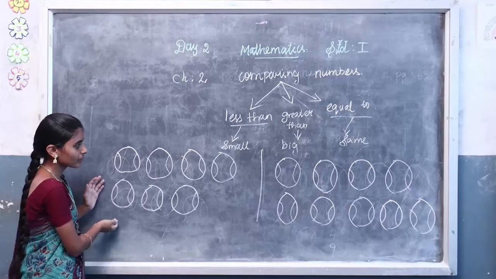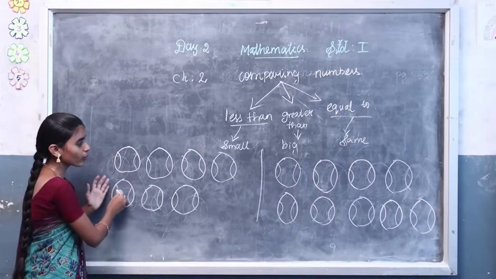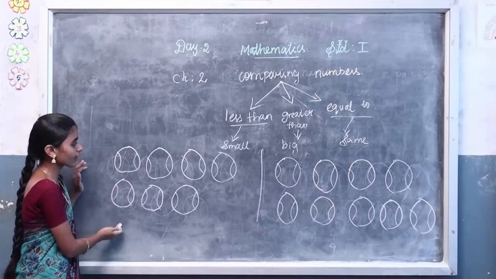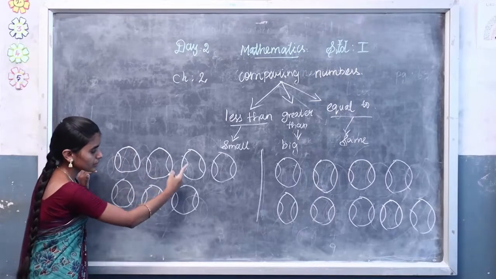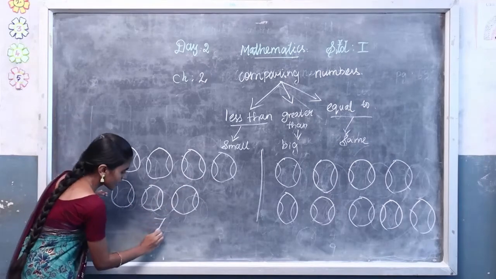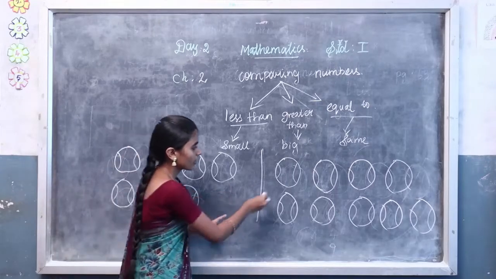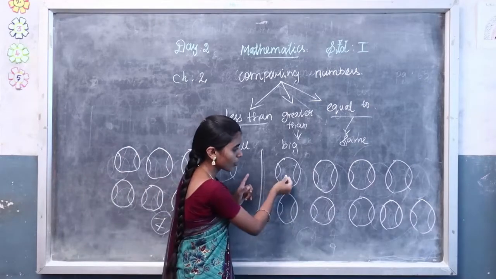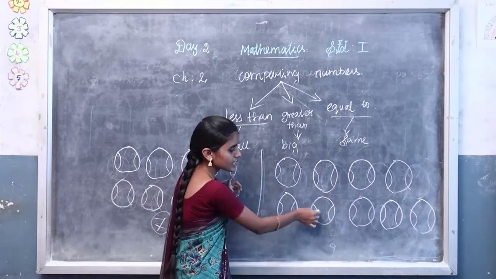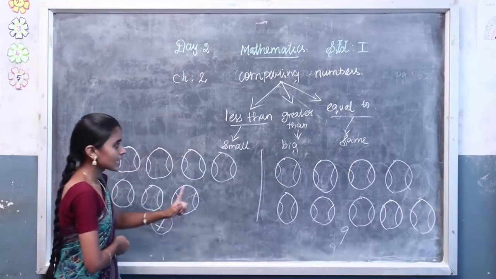See the second sum. What is this? These are all balls. So, for comparing the numbers, we have to count the balls in the two groups. So, see the balls, how many balls are there in the first group? 1, 2, 3, 4, 5, 6, 7. There are 7 balls in the first group. And see the second group, how many balls are there? Count the balls. 1, 2, 3, 4, 5, 6, 7, 8 and 9. So, 7 balls and 9 balls.